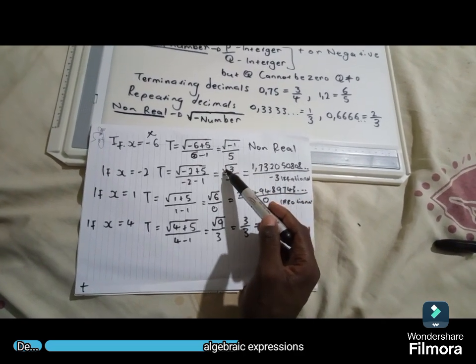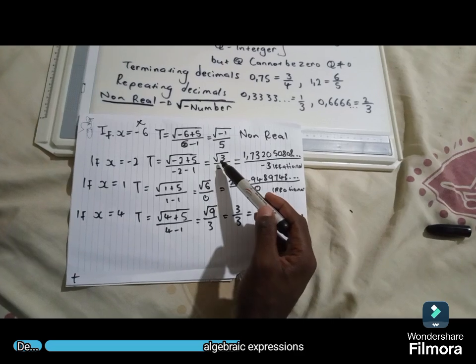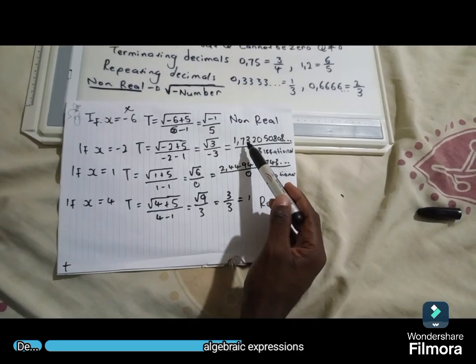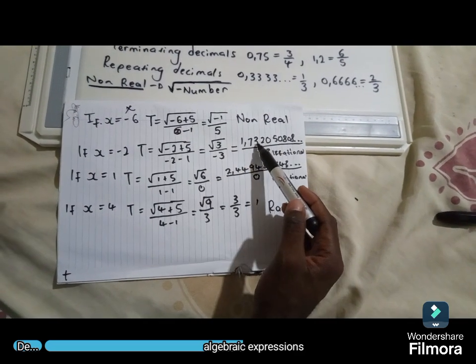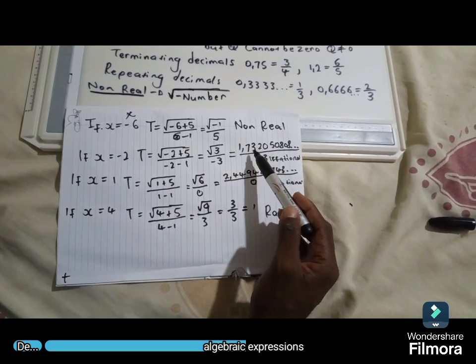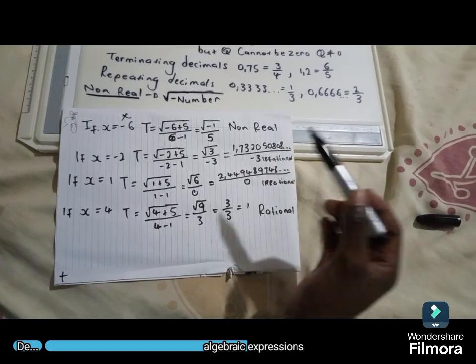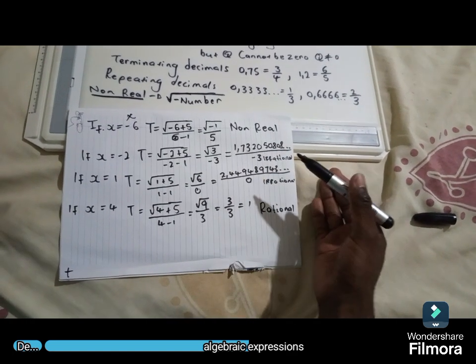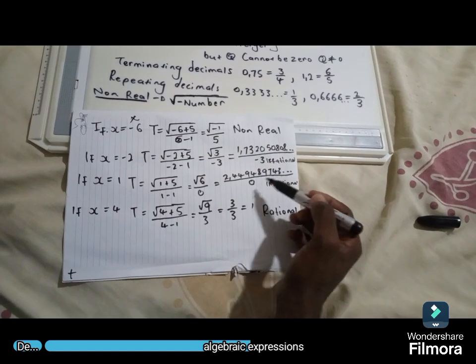At the top, we have the square root of 3. If you do the square root of 3 on your calculator, it gives you this number. Look at this number. It does not have a pattern. You have a lot of numbers after a comma that do not have a pattern, or rather they are not repeating, which is going to make this number